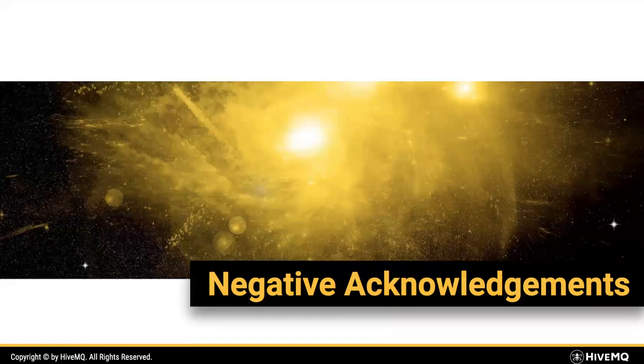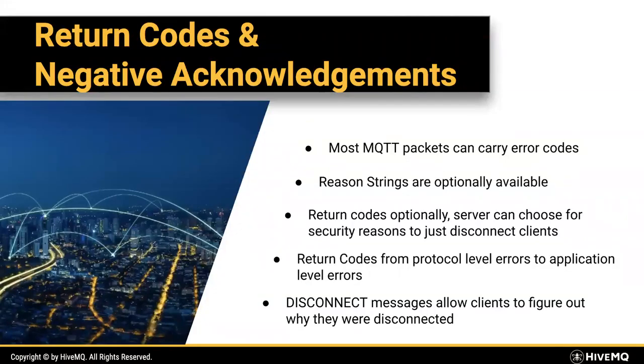Okay, let's quickly jump to the next feature, so-called negative acknowledgements. Negative acknowledgements are also a much requested feature because the basic answer for the broker and the MQTT client for any error was disconnect. From a security perspective, this is the right answer in most cases. But from a developer perspective, this is sometimes pretty hard to debug. And MQTT 5 added a lot of error codes, and most MQTT packets can carry error codes. So if you're doing something wrong, like publishing or subscribing to a topic you're not allowed to, the broker will tell you.